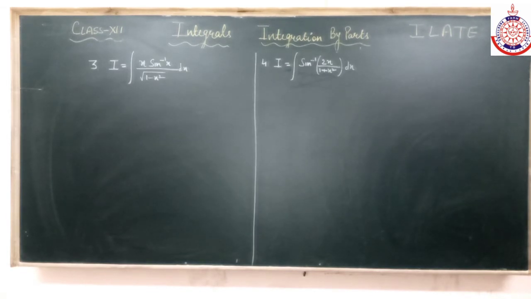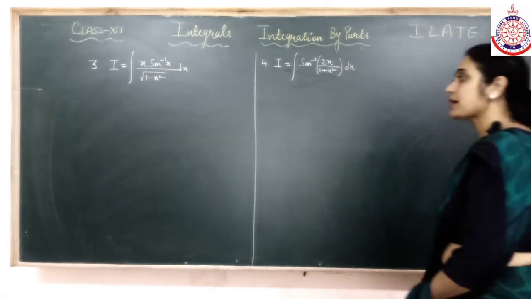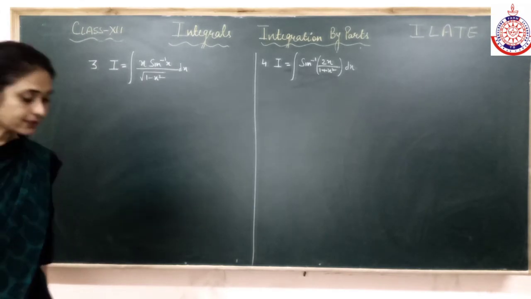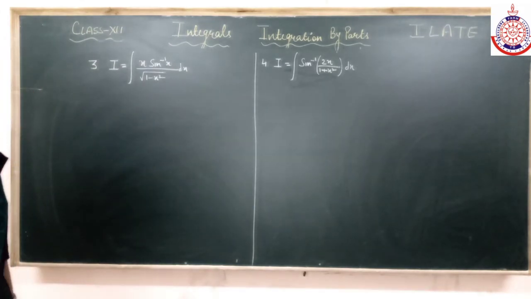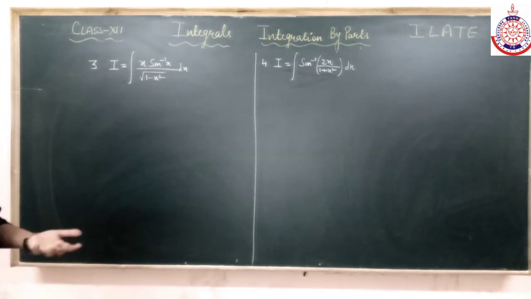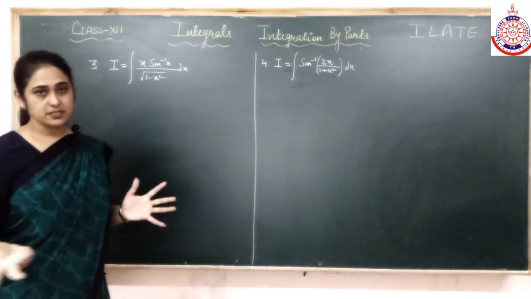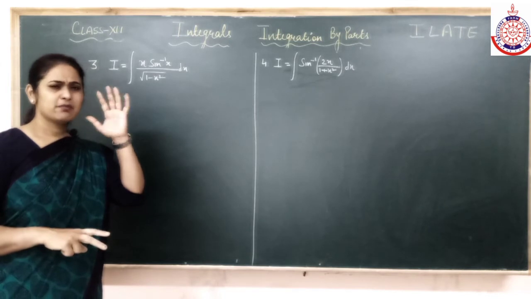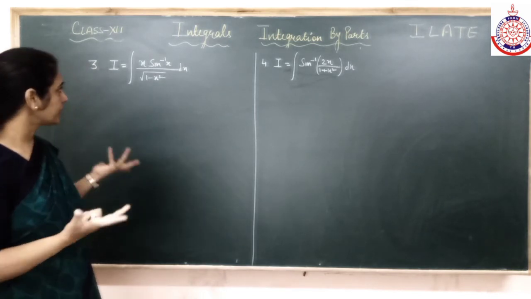Let's see the next one. I have to integrate x sin inverse x upon under the root 1 minus x square. Alright, again, when you look at the question, when it comes in an exam or some test, you don't know which form it is. Though in this way doing by parts, somewhere in mind is that maybe by parts is going to be applied. But right now, I can't say anything.